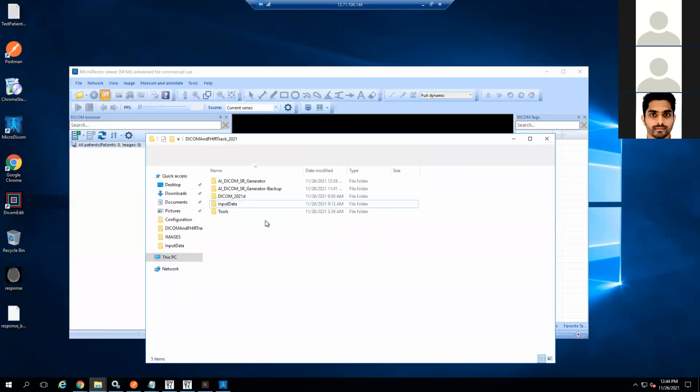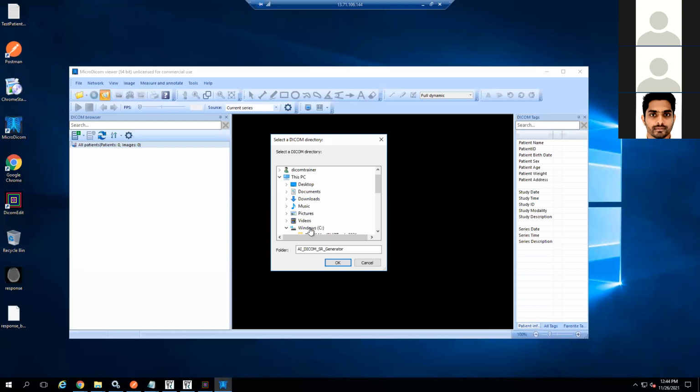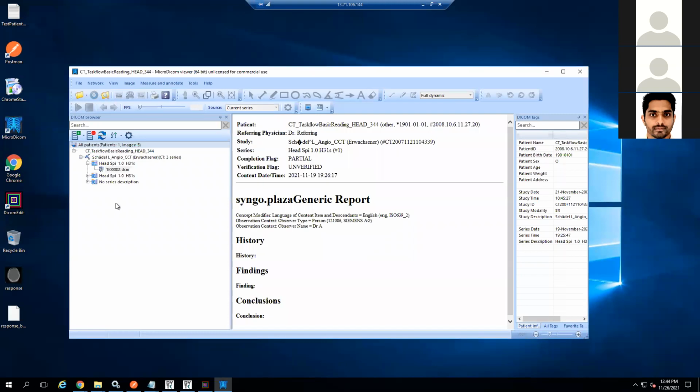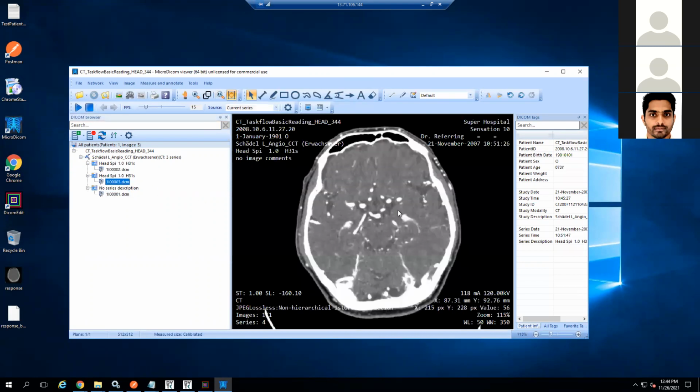The images are saved here for us, right? This folder, I'll give it here. So it has opened this. And if you see here, this is the image DICOM object.